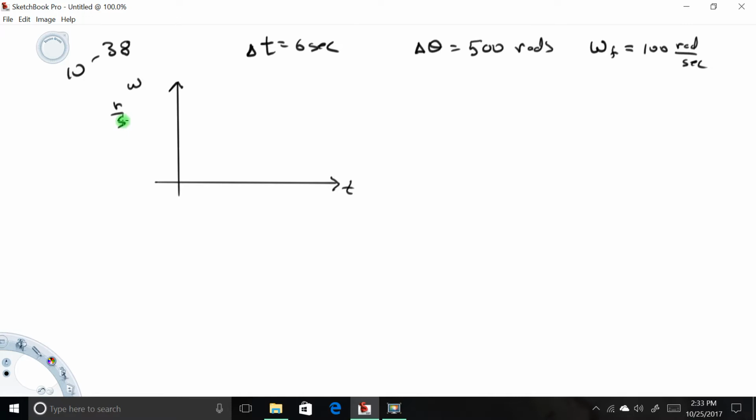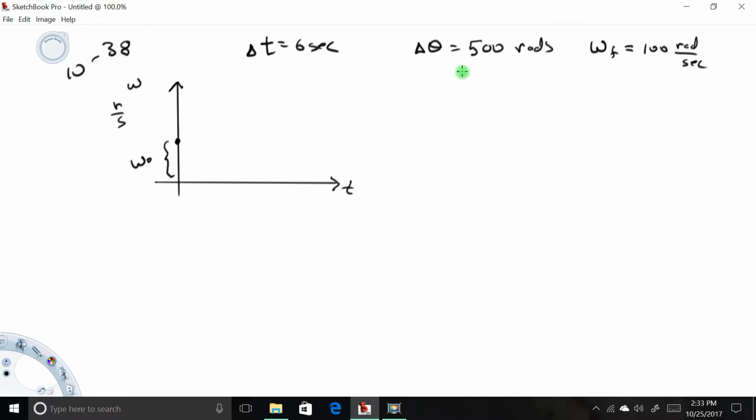A lot of problems maybe start from rest. This one doesn't. There's nothing in here that leads me to believe it starts from rest. In fact, even question A, what is the angular velocity at the beginning of the 6 seconds, implies there is an initial velocity. So I'm going to assume it starts up here somewhere at some value that we do not know. We end up at 100 radian per second,